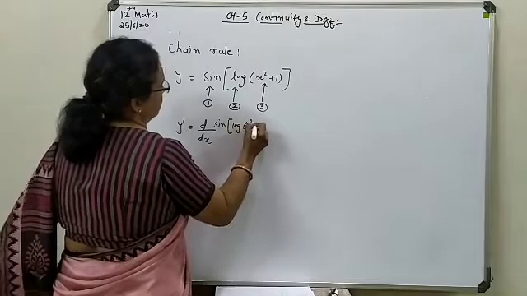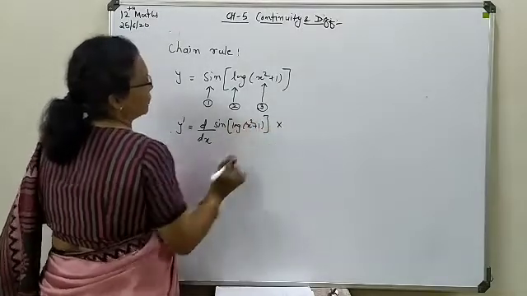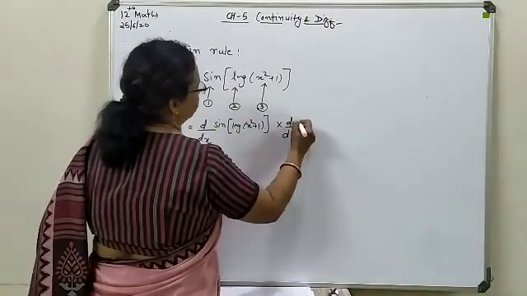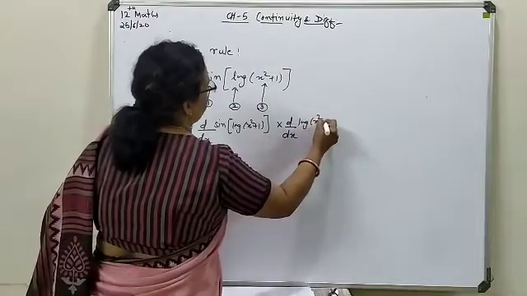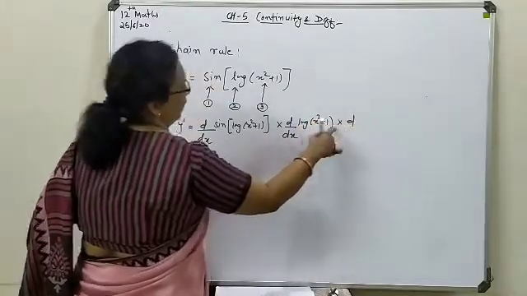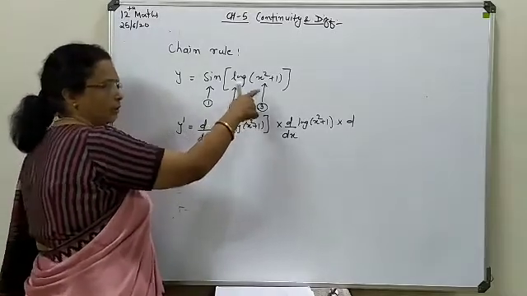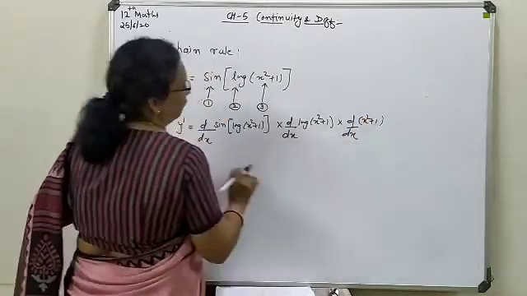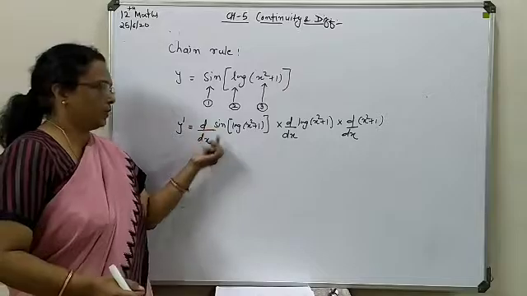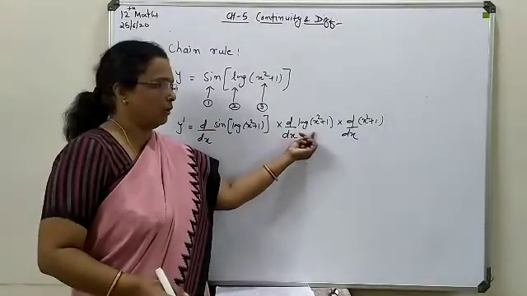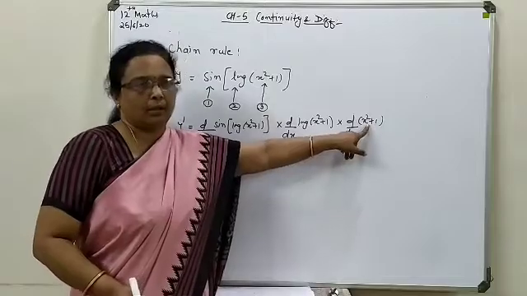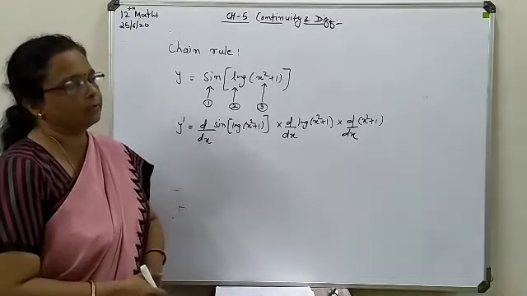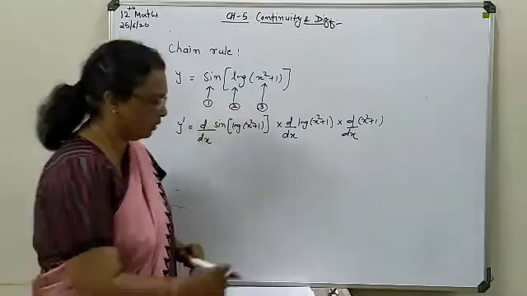log x square plus 1 into, move to the second term, and its derivative you will write as a product form, that is log of x square plus 1. Now further, as a product form you will move to the third function and write at last the derivative of the third function. So what the derivative of sine you will write here, what the derivative of log you will write here, what the derivative of x square plus 1 you will write here, and all the terms you will write in a product form. So this way the chain rule is to be implemented.